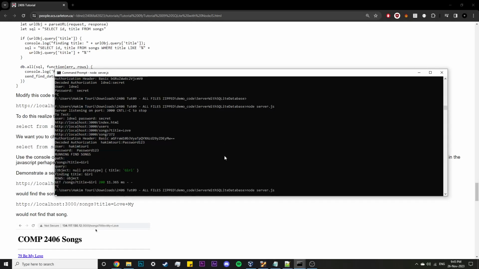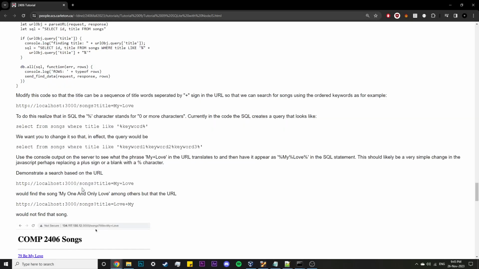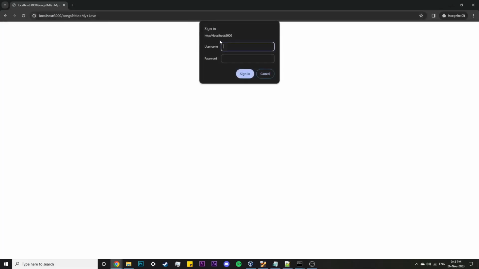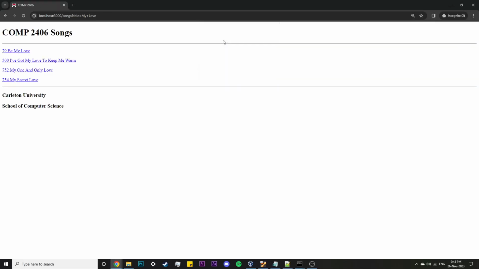Let's restart our server here. Start afresh. Let's go to this URL and let's open up a new browser. So now we can log in with our credentials. I created my credentials with the SQL commands. So this is now the search bar with the keywords, and now we can see that we have these two